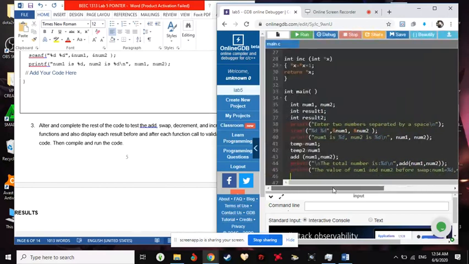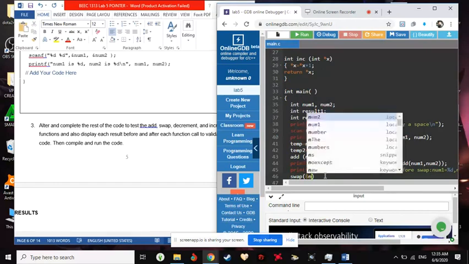Then call back the function of swap. Swap, and now